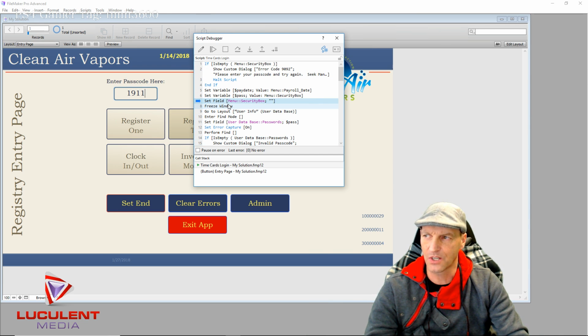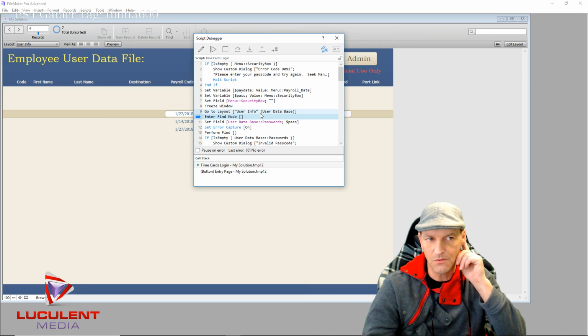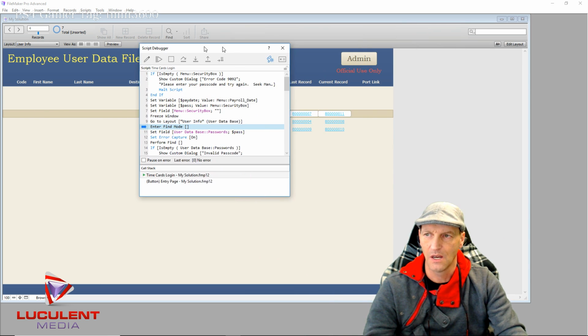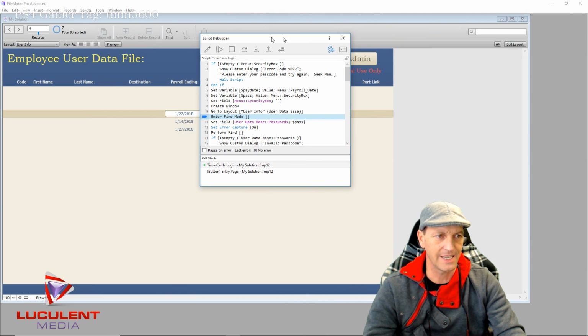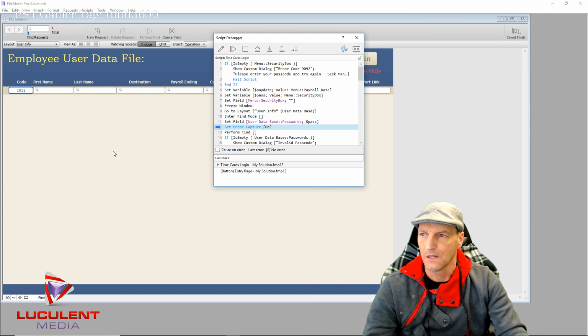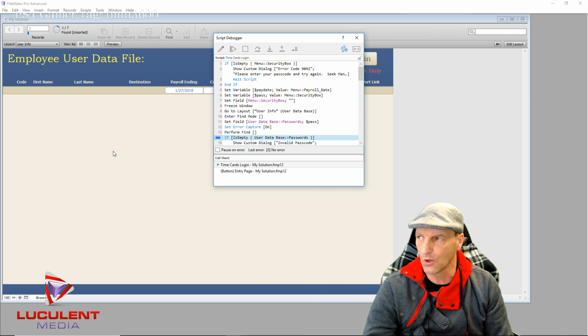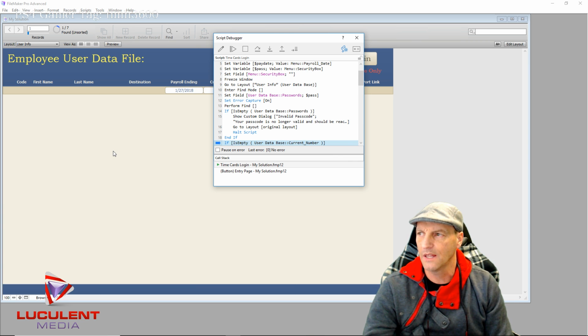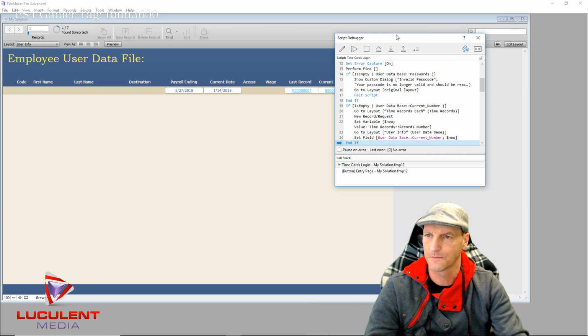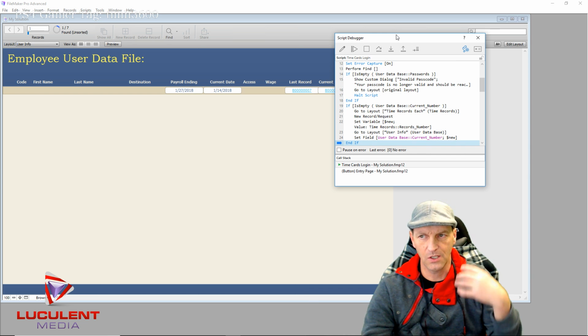Then we're going to clear out the security box and we're going to freeze the window. Then we're going to go to our user database, which is, in this case, what you're going to see is nothing because I have all of that data turned off unless there is a fill, and we're going to go through that in a minute as well. But it's going to set some things, it's going to perform a find, it's going to look for this particular individual, and then it's going to say if this is empty, if this person doesn't exist, then you want